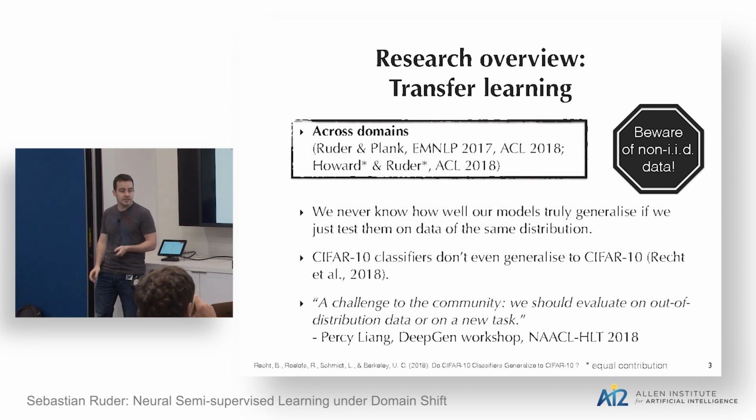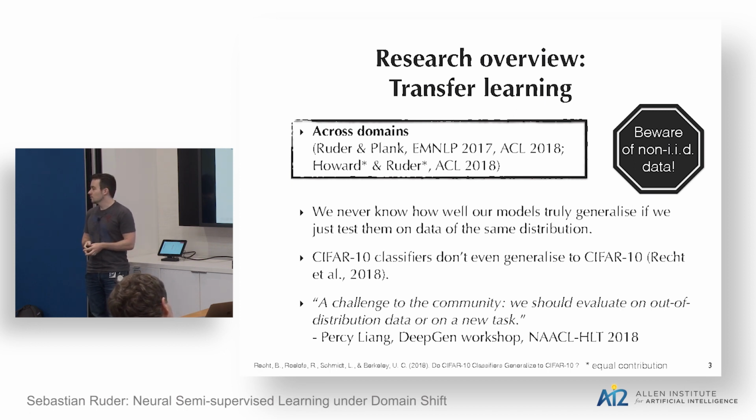they truly generalize. And one example I found interesting in this direction was from a recent paper by Ben Recht et al., where they essentially showed that even if we create a new test set that comes from the same distribution for CIFAR-10, which is a widely studied image classification data set, even on this data set from supposedly the same distribution, the models fare worse. Because they've overfit, or because we've been overfitting for state-of-the-art models on data of exactly the same distribution or the